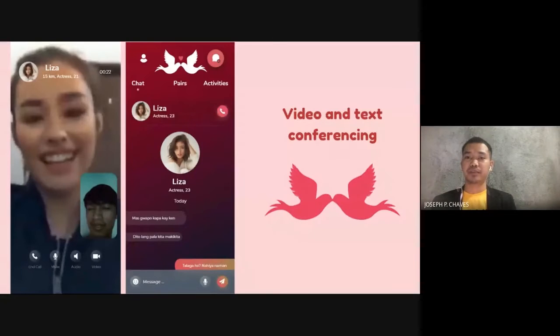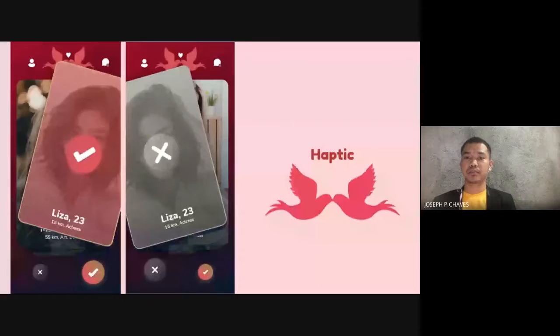For our system, in the haptic part, we use the vibrations on your phone. So every time you have messages or notifications, you will be notified by the vibration haptic we use.